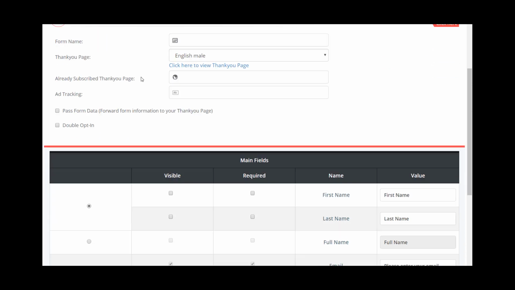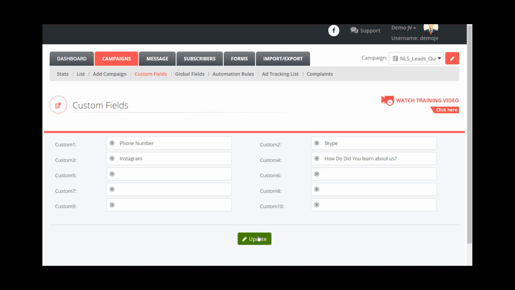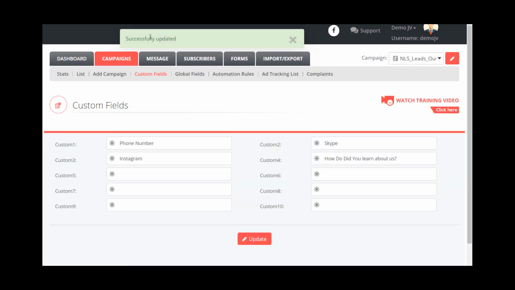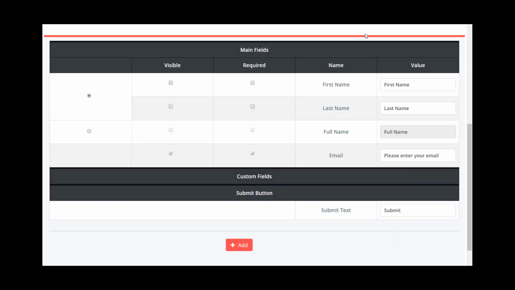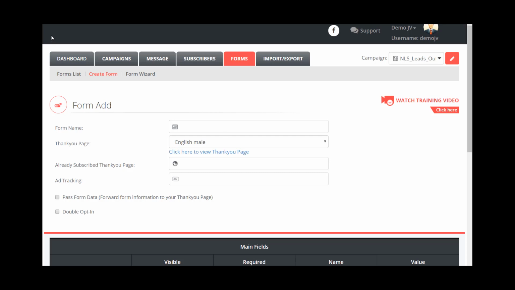What I want to just show you though is if we go through and I update this, so let's say in the NLS outside lead campaign, I want to add those 4 extra additional pieces of information. So it says it's successfully updated. Let's go over to the other screen again. And again, notice there's no custom fields again, but if I refresh my screen to create the form again under